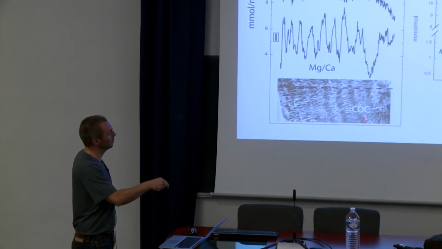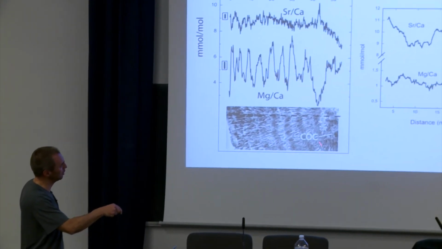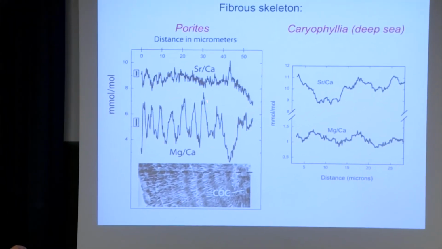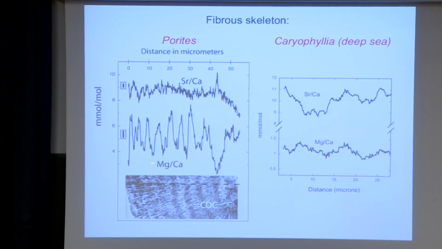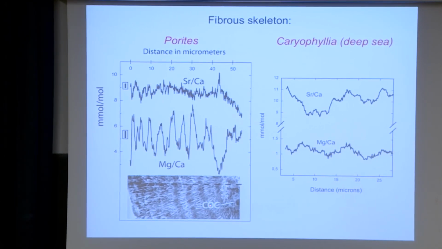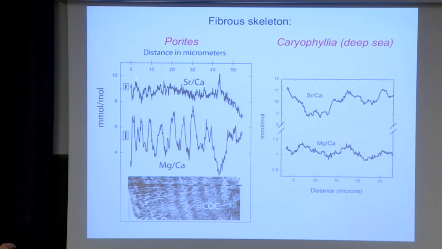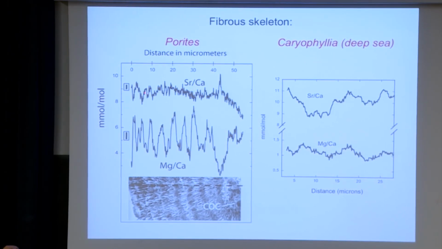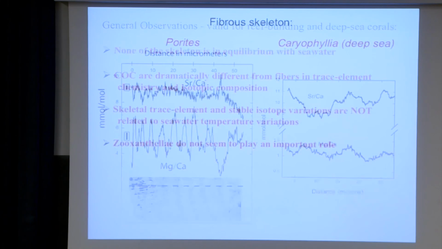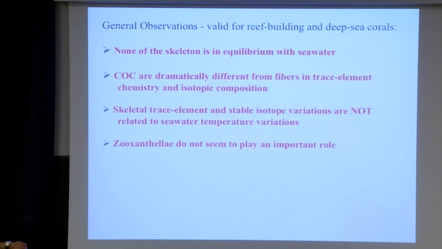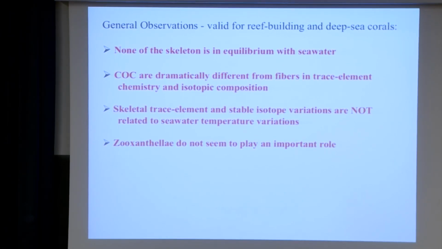It doesn't matter. Here's the centers of calcification. Here are the different layers in the fibers. You can see there's very strong beat of the magnesium-calcium ratio that corresponds to the layering as these fibers are put down. There's also variations in the strontium-calcium ratio, which is clearly above the noise, etc. It goes on like that. So the point is, and I'll finish, the point is that